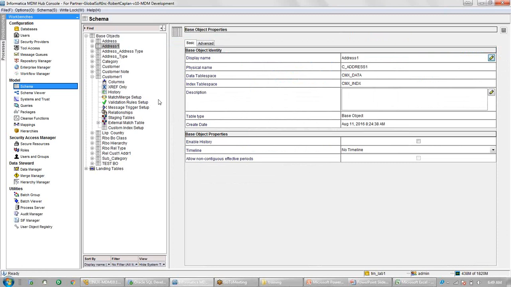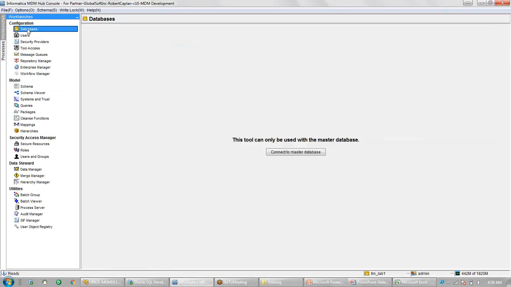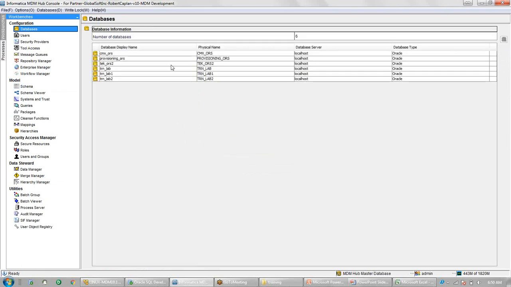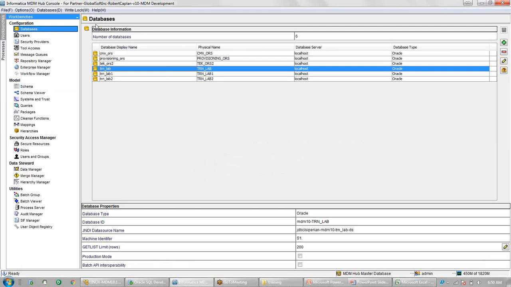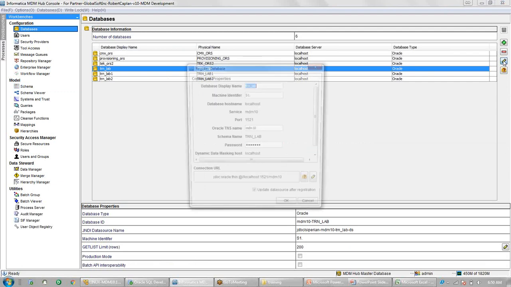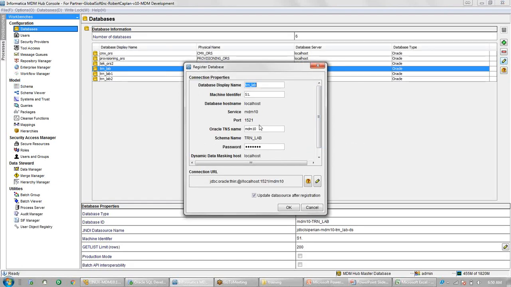And also I am passing some connection details. If you want to know what connection details you need to use, probably it will be given to you, and username and password you know, but in case you forgot these connection details, you can always check here. If you go to the top, databases, and connect to master database, here all the ORSs are listed. So first go and take a write lock here. In the write lock, this is the option acquire lock. Once we take it, then this edit button will be enabled. If you click on this edit button, it will show you all the details, database host name, service name. So the same thing you can use for the import feature.